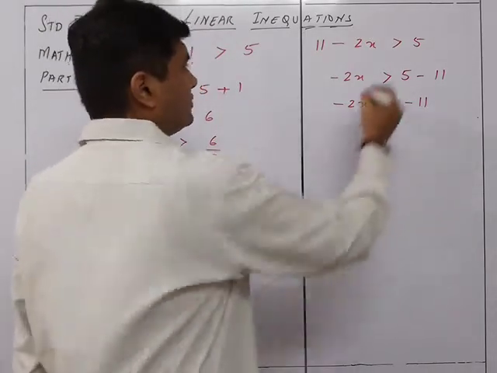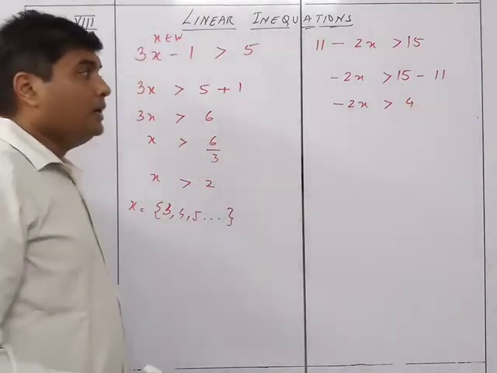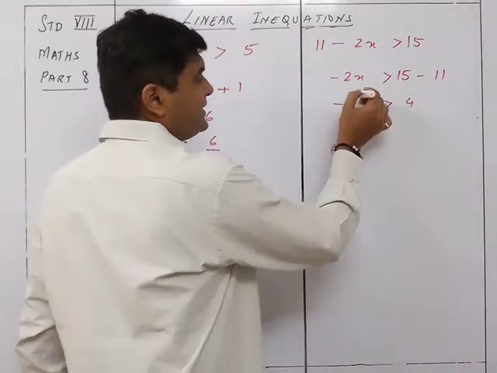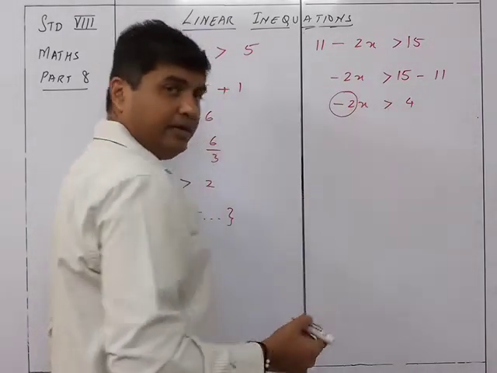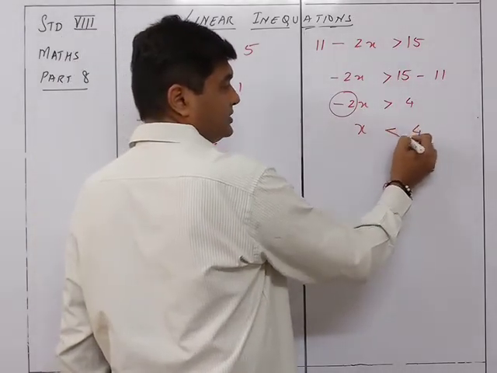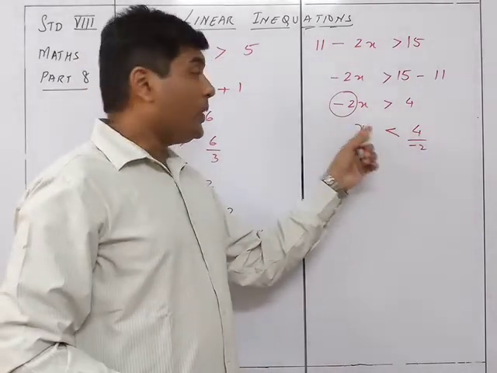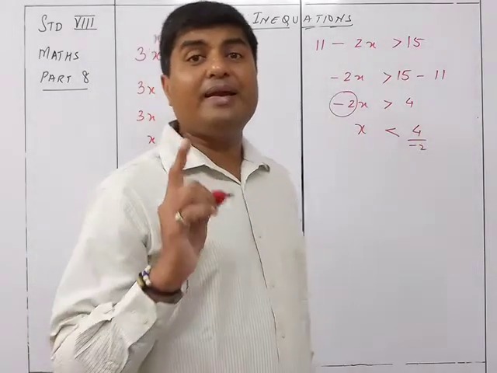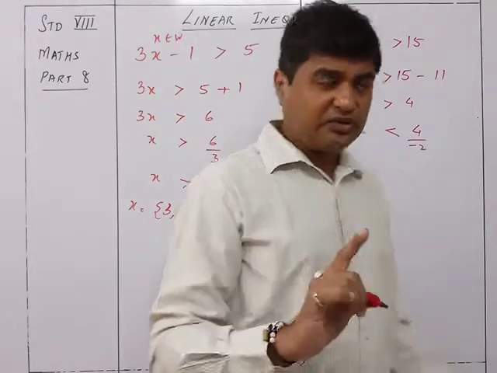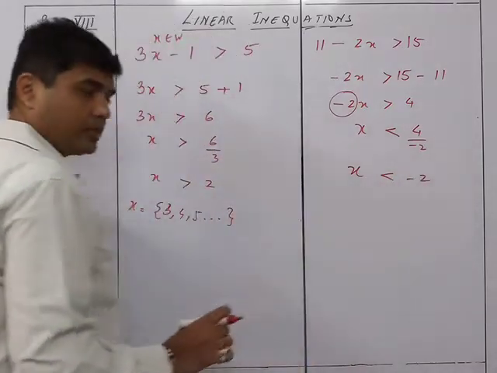Okay. एक काम करते हैं, इसको 15 कर देते हैं. Now is the change. Because this is a negative number, when you bring it on this side, at that time you need to change the sign like this. So the greater than sign becomes less than when you are multiplying or dividing the equation by a negative number. I'll explain why it is done, but first of all let's understand this. So answer will be x is less than minus 2.